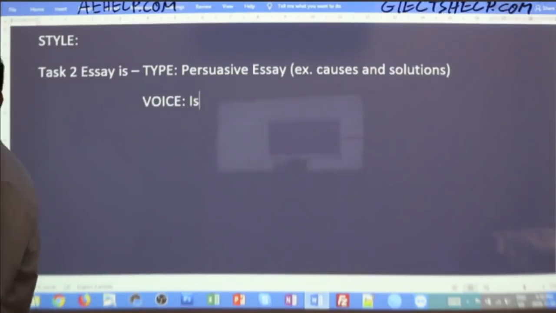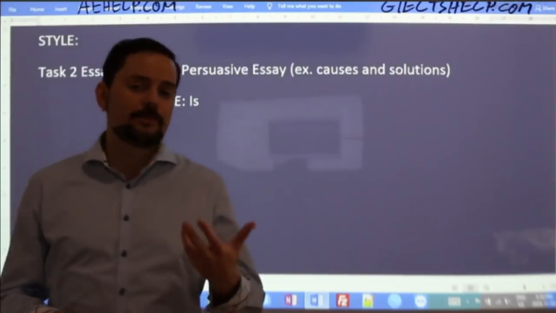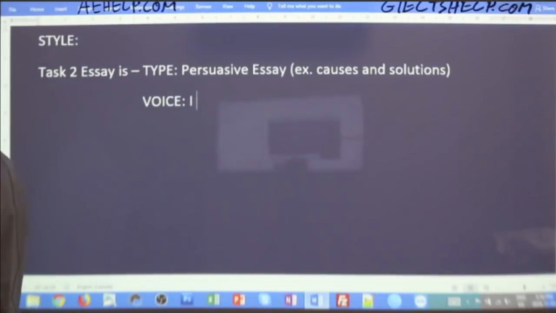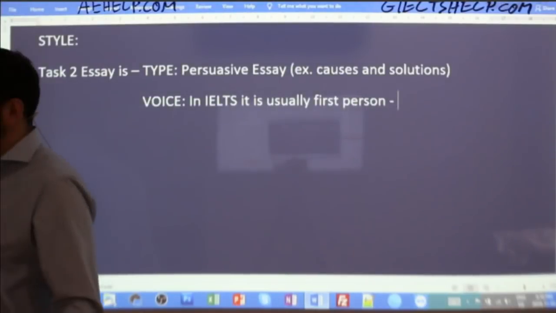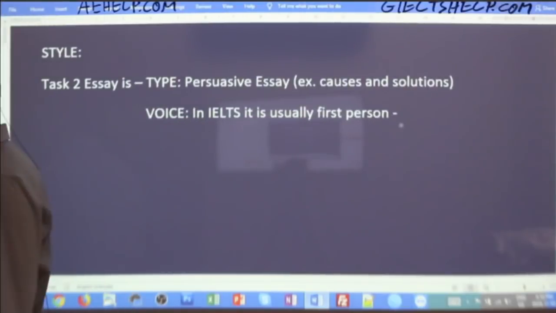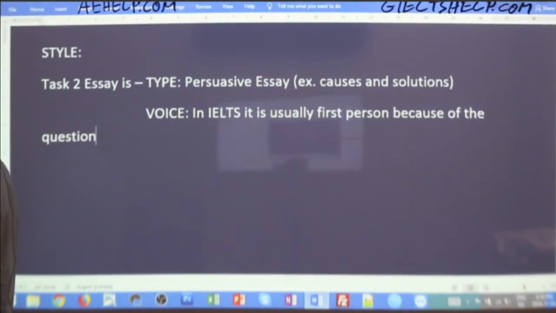as I think Naveen just put up there, it's usually first person, okay? In IELTS, it is usually first person, okay? Why do we know this? We know this from the question, because of the question, okay? So in most cases, the question lets us know. The question says, give explanations